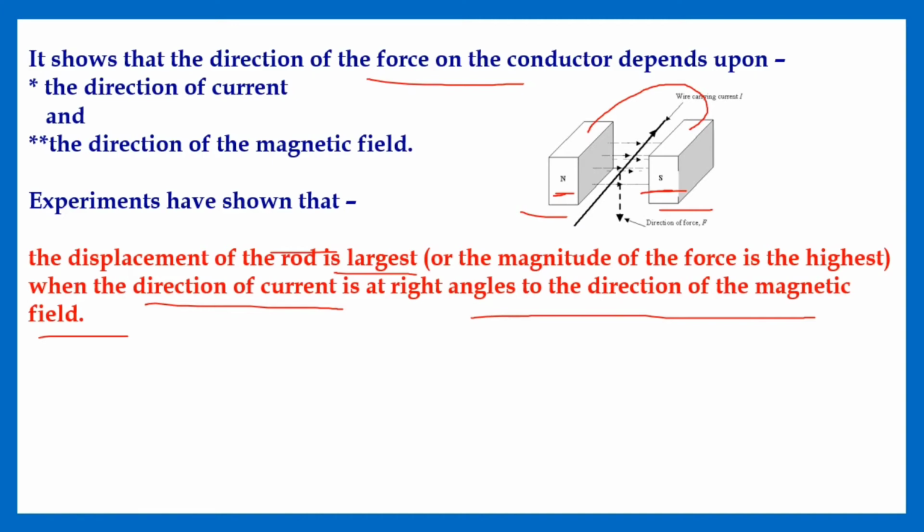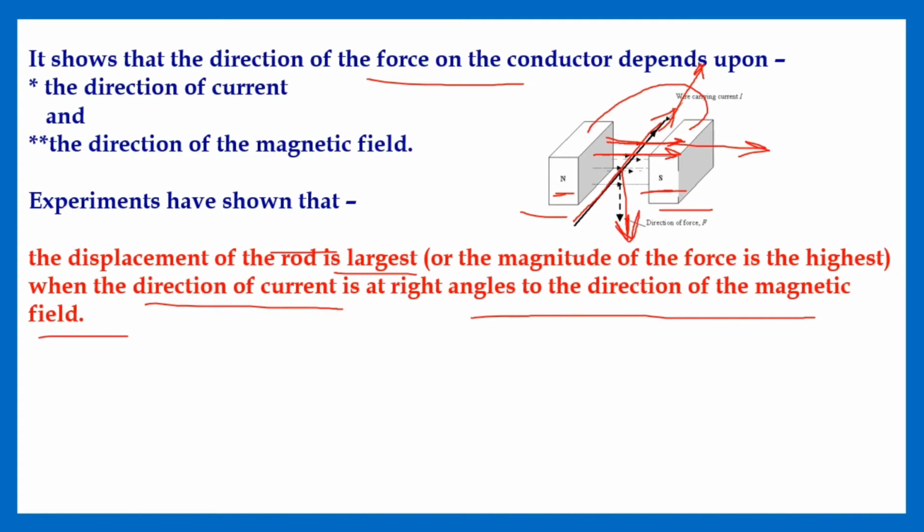So what is the direction of the magnetic field? This is the direction of the magnetic field, from north to south. Now that is the conductor. You can call it an aluminum rod or whatever. You can take a copper rod also. It should be a conductor. So when this is the direction of electric current and this is the direction of magnetic field, you can see that they are perpendicular to each other. At that time, the conductor will experience a force in this direction.